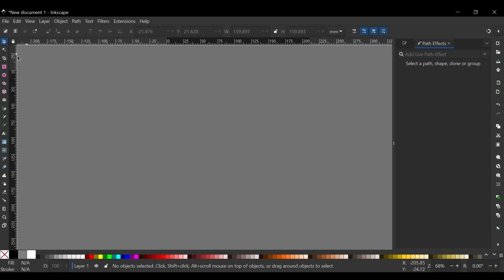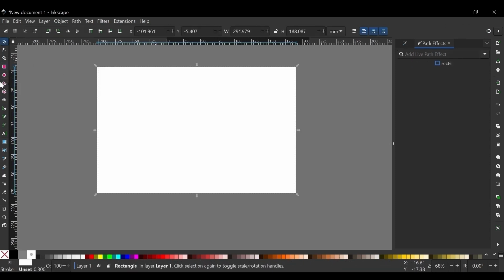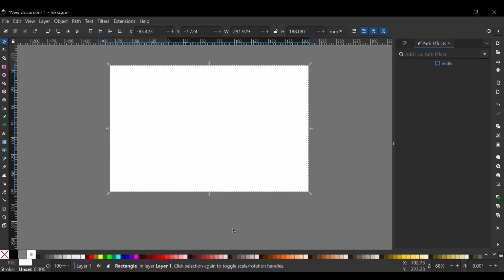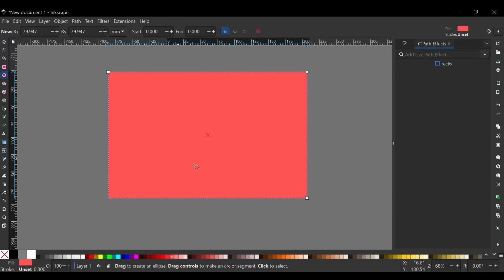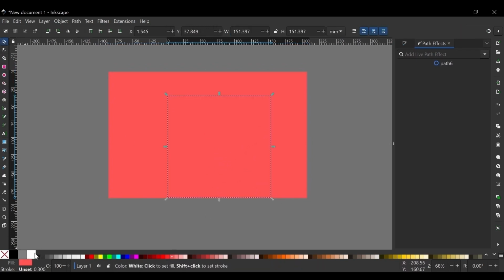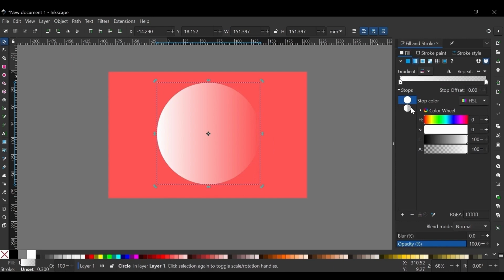The next path effect I'm going to go over is the power mask path effect. Before I apply the path effect, I'm going to explain what a mask is and how it actually works. So I'll make a rectangle like that, and I'll give that a color like that. And I'll make a circle. Let me give that a white fill color for now. And I'll give the circle a linear gradient going from white to black,